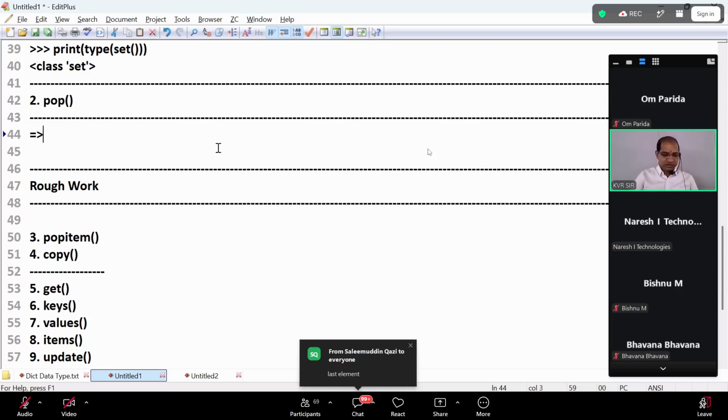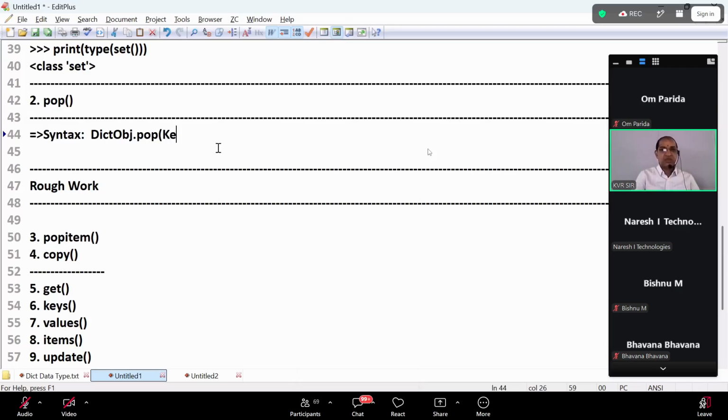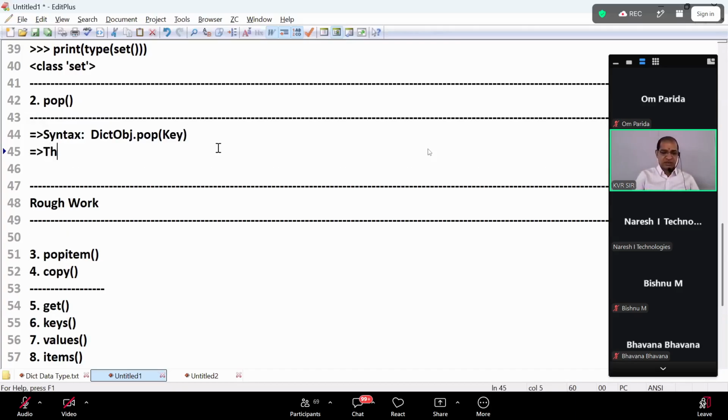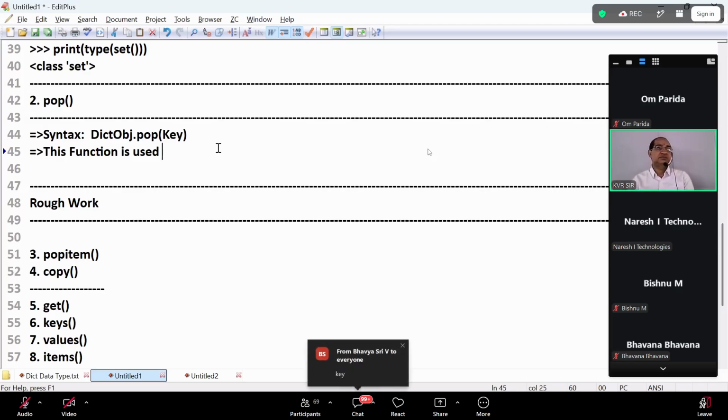Very good. Now here you see, students, the syntax is dictobj.pop(key). What is happening because of that? In the list we used an index, but in a dict, what is an index? That is the key. The syntax is pop of key. This function is used for removing a key, value pair